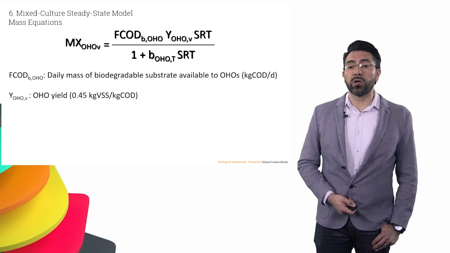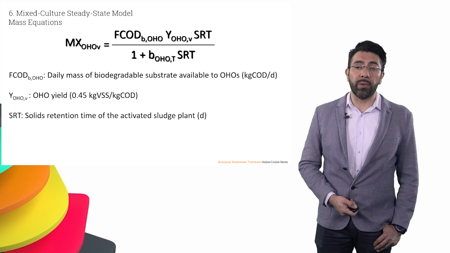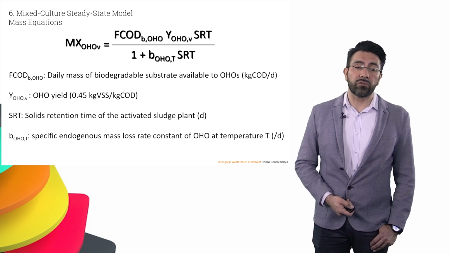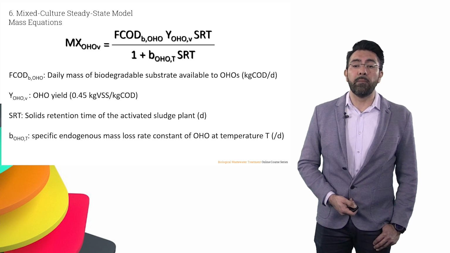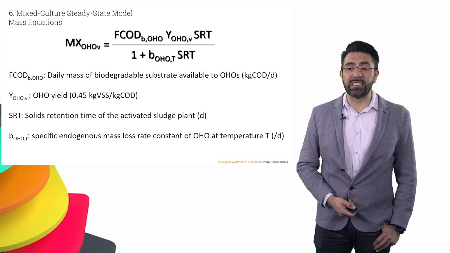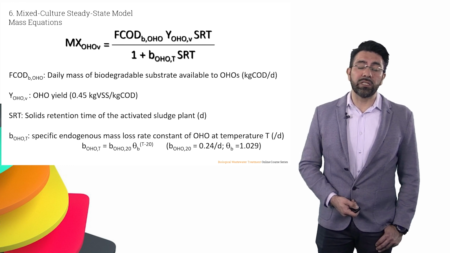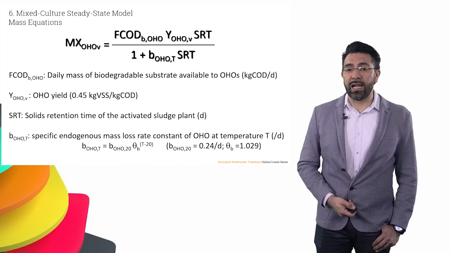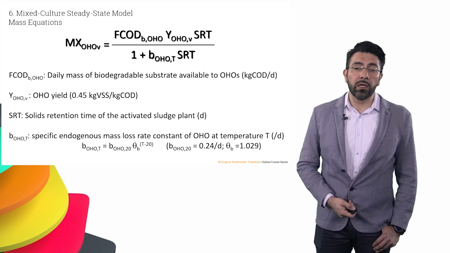Of course, we need to take into account the SRT, that is the solids retention time at which the plant is being operated, and the endogenous respiration rate, or the specific mass loss rate constant of these organisms at a certain defined temperature. Typically, at 20 Celsius degrees, their mass loss rate constant has a value of around 0.24,